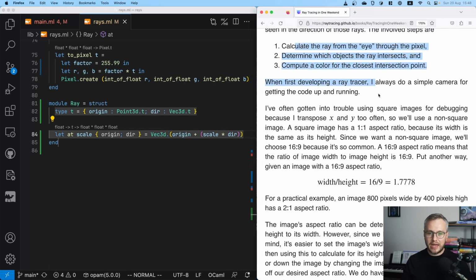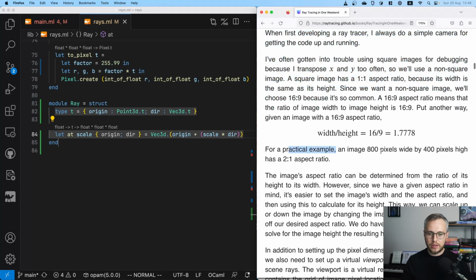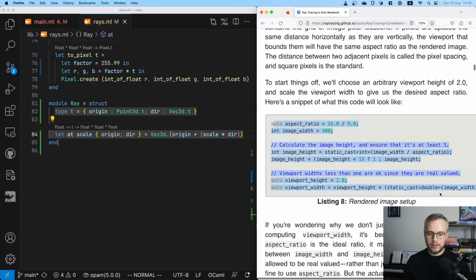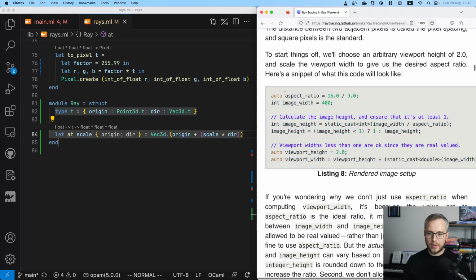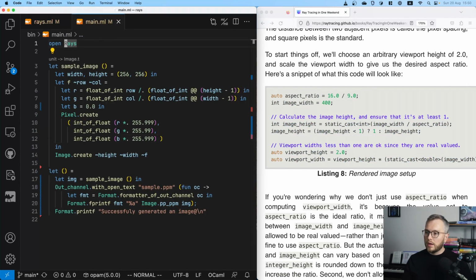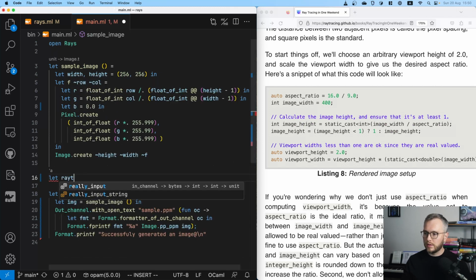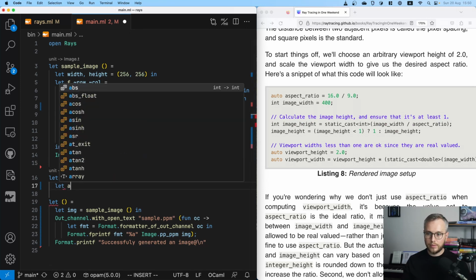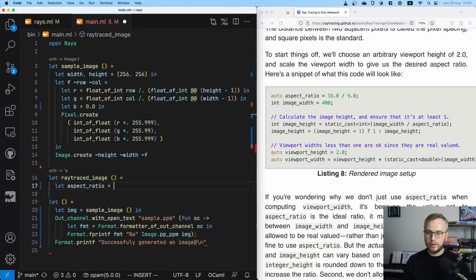So what is happening now is, this is the aspect ratio of an image that we'll be generating. And I guess this is the start of this setup. So let's switch to this. Great, so let's define a new function here called ray traced image and do this setup. So aspect ratio,